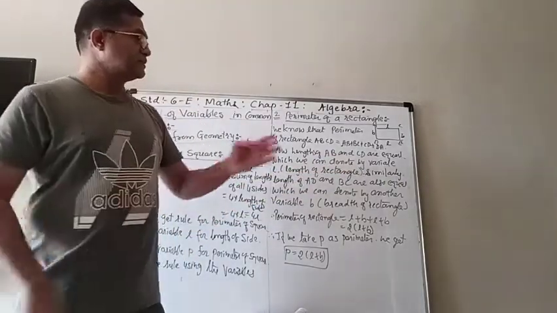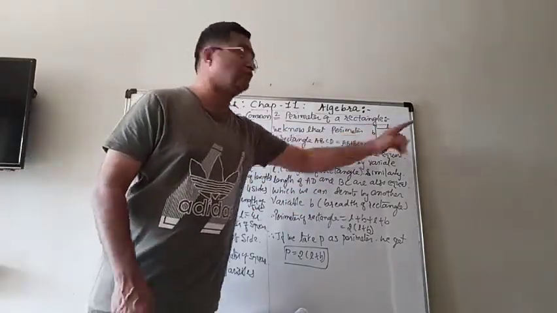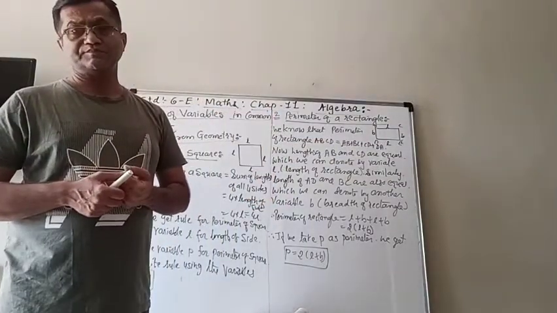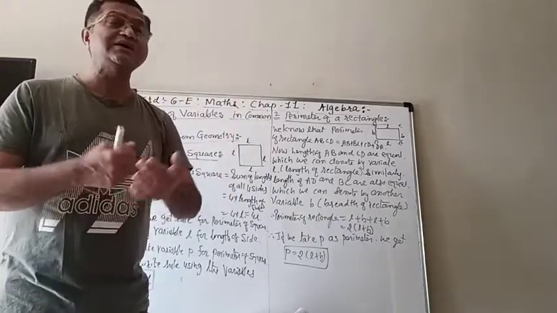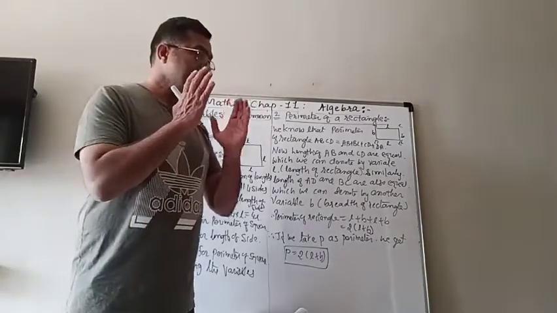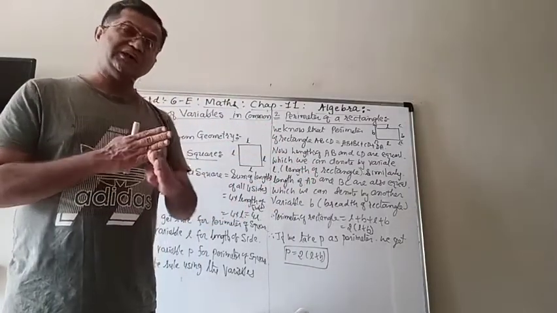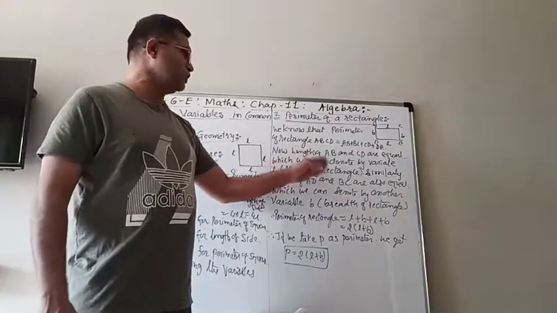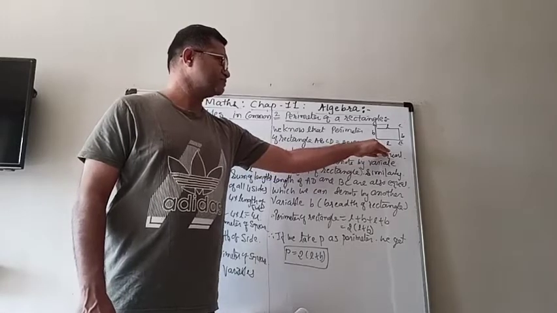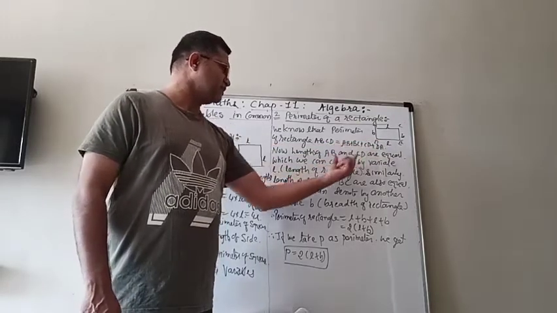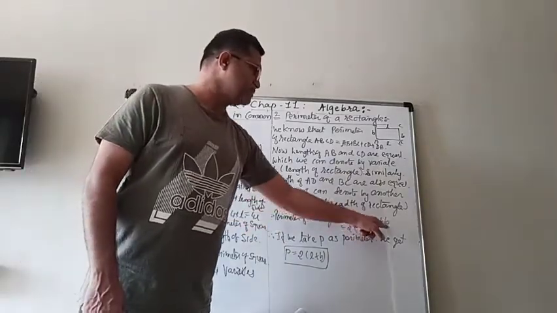Similarly, the other two sides, AD and BC, also have the same measure. And for that we can introduce another variable, say B, that is the breadth of the rectangle. Now we know that the perimeter is AB plus BC plus CD plus DA. So now in place of AB and CD we can introduce L, and for the other two we introduce B.